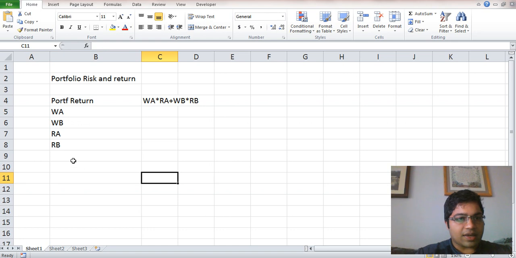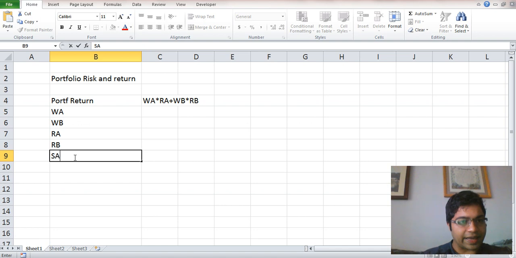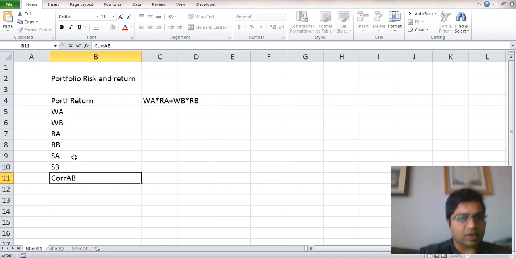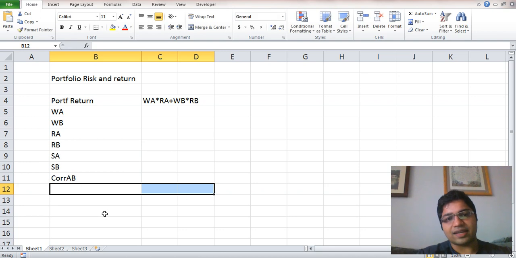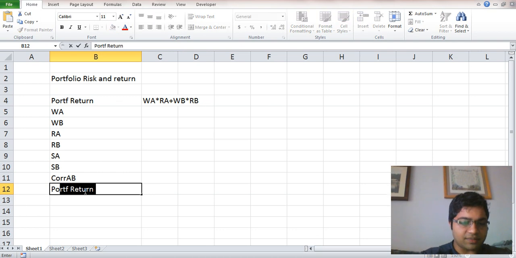And for portfolio risk, there are three additional variables that are given: standard deviation of asset A, standard deviation of asset B, and correlation AB. So these three additional things are given to you: standard deviation A, standard deviation B, and correlation AB. So this is portfolio return. Now the formula for portfolio risk